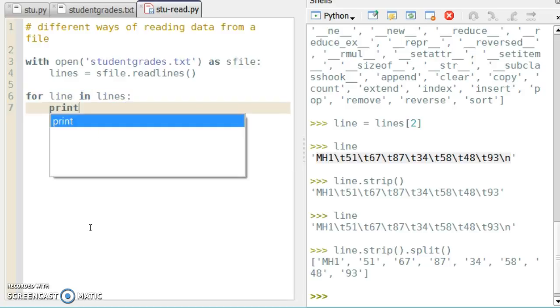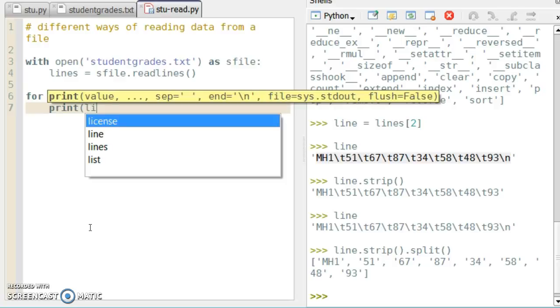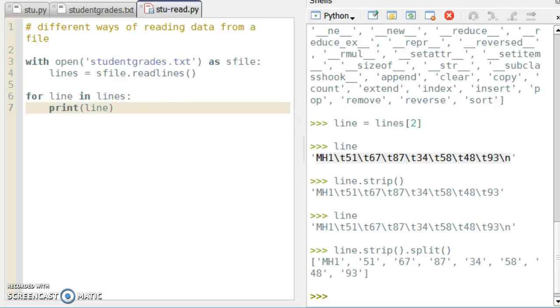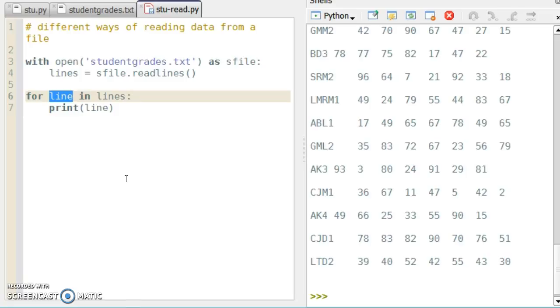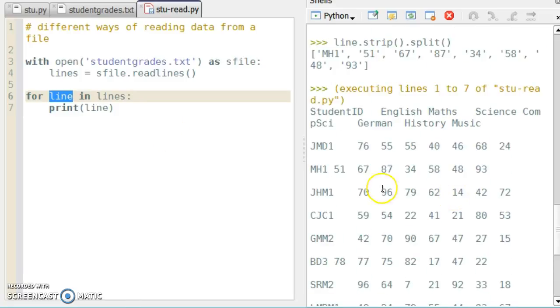And then let's just start off with something very simple, and let's just print each of the lines out on a separate line. So again, this is just the name of a variable. This could just be L, so we can just decide what it needs to be, but this is going to hold each line as we go through the loop. So if I run this, then it will print out each of the lines like this,